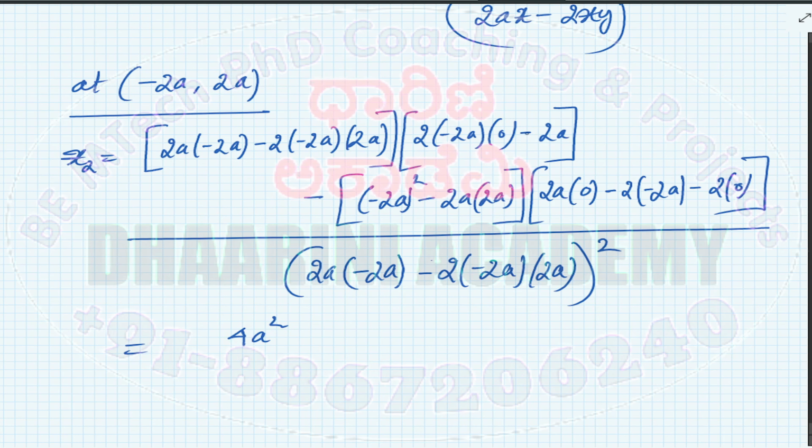So there is a 2 into this into 0 minus 2a, minus 2a, and the second term, 2a into 0, 2 into 0, so minus 2a, its whole thing is 0, so minus 0, whole divided by the denominator, which is minus 4a square,